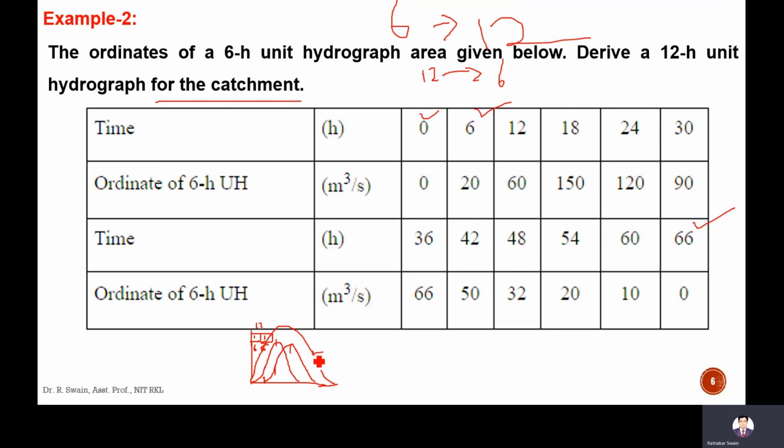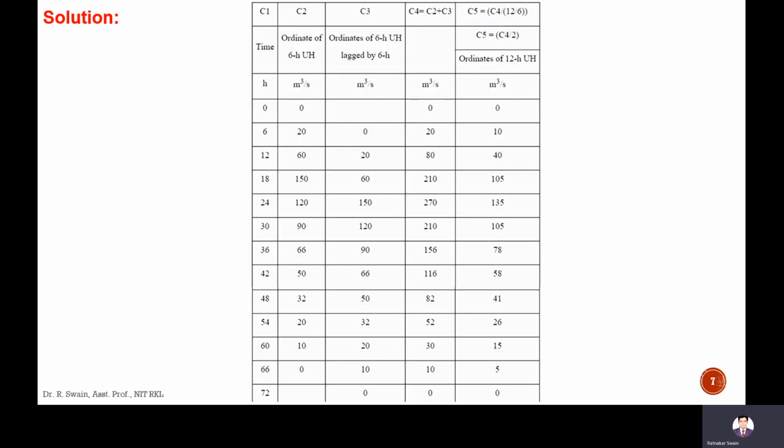So this will be the DRH of 12 hour and 2 cm excess rainfall. Okay, so here in the first column time is given, the ordinary 6 hour unit hydrograph is given,